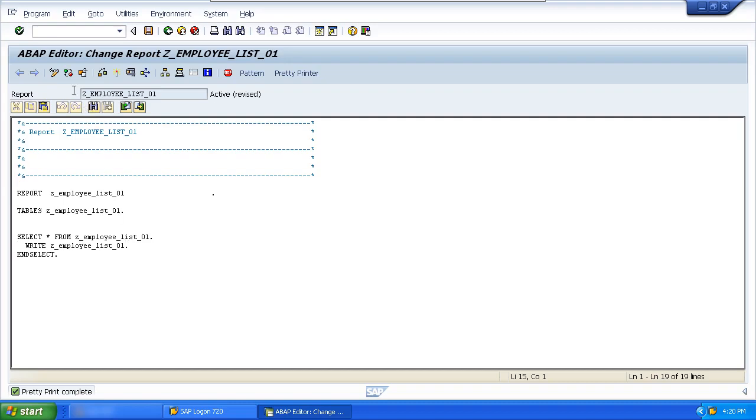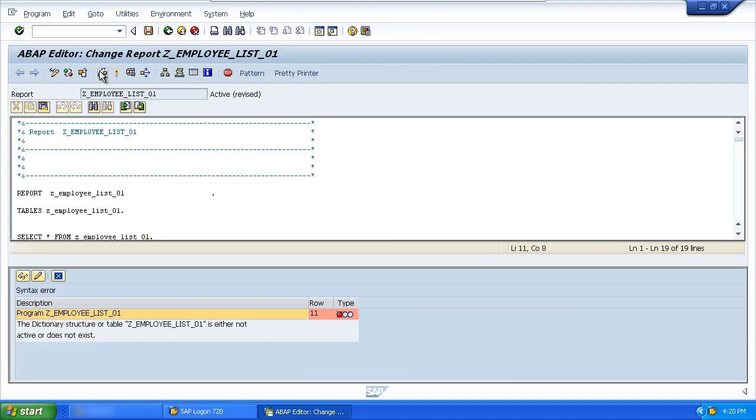So let's check our code. We can see we have our first syntax error. And if you notice, the cursor has changed position and it's gone to the table statement at the start of the actual table that we identified. And it's telling us the dictionary structure or table is either not active or does not exist. So it's likely I've just got this name wrong. So all we need to do